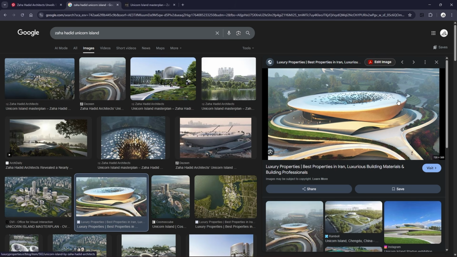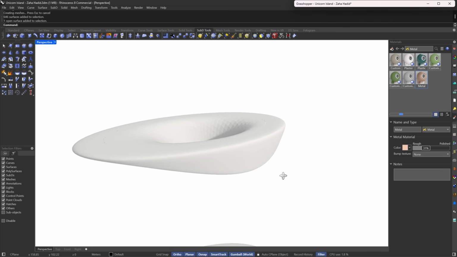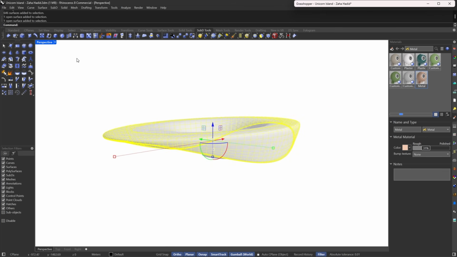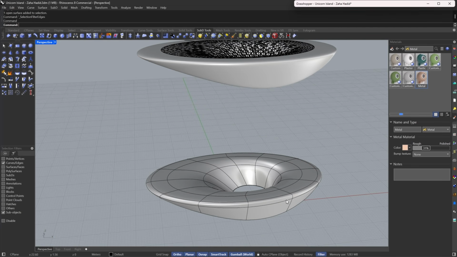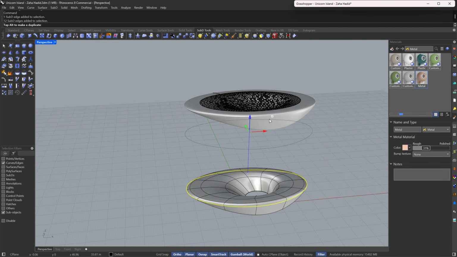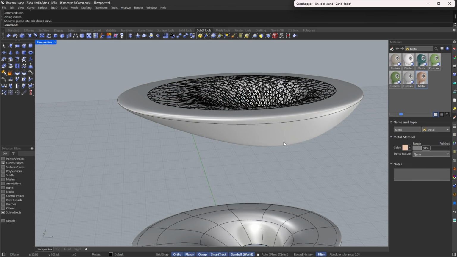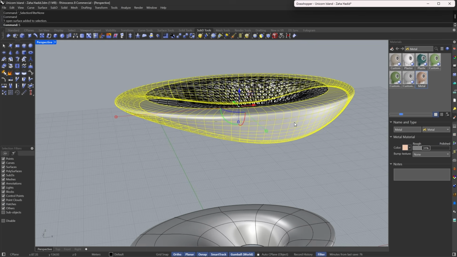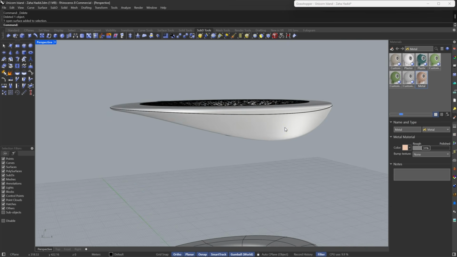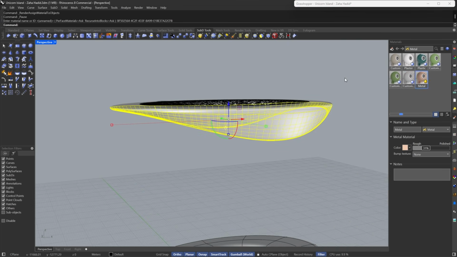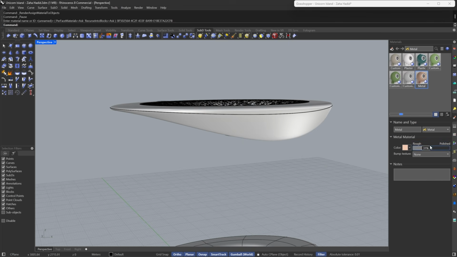So I believe the top of the original design has a similar material. So let's see, let's try to split this somehow, because right now this is good, but it's not as perfect as I hope. So maybe if I grab this and copy it to 50 and join, and then I might just split this by this, so I should have two, kind of. This is great. And then I'm going to have this with this material,